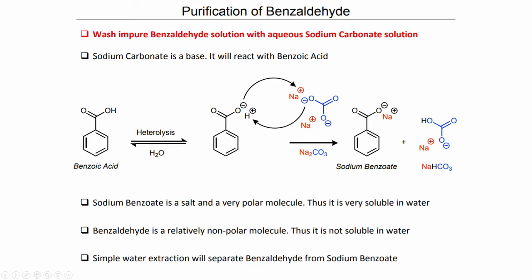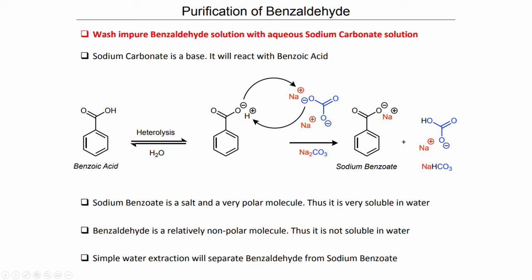And we can do this by using sodium carbonate. Sodium carbonate is a base that will react with benzoic acid. Here you can see that if benzoic acid undergoes heterolysis, where the hydrogen is removed, the negative charge on the oxygen can ionically bind to the sodium,